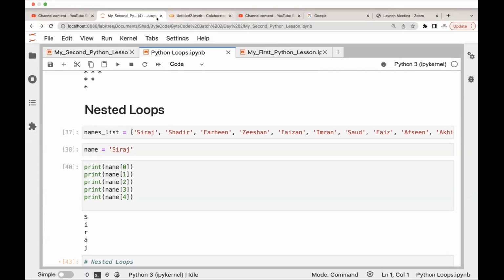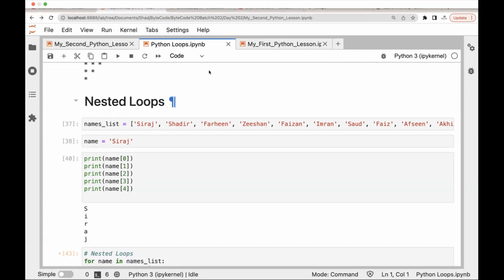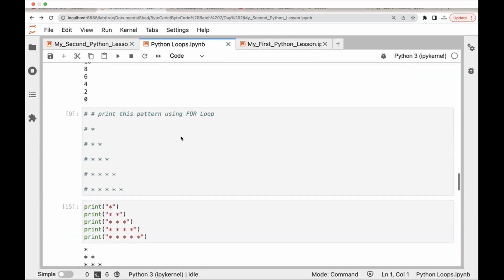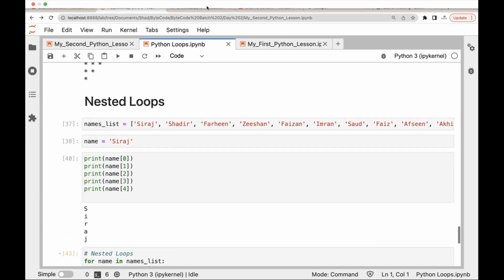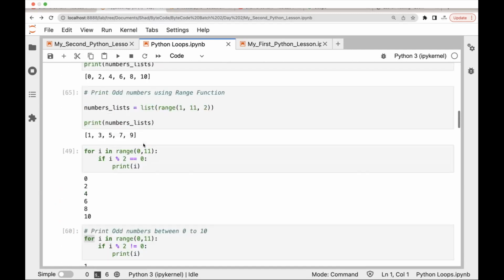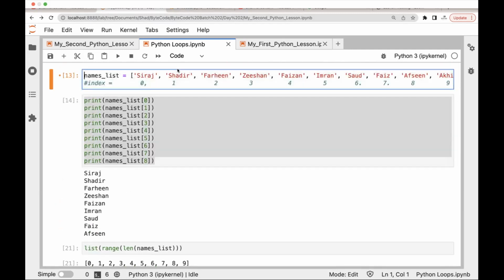Okay. So yeah, let us start. Yesterday we had seen about for loop and while loop, right? And the last thing which we had seen was nested loop. So just to give you a glimpse of what we were seeing yesterday, we got introduced to